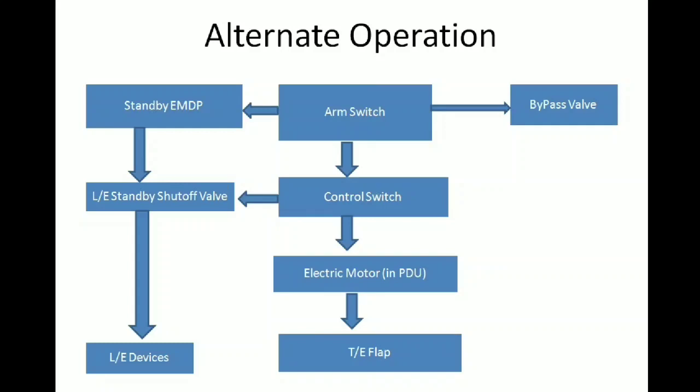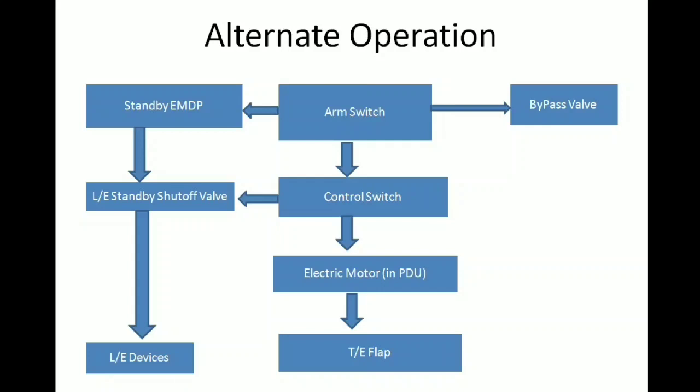We saw that for normal operation of trailing edge flaps, we need system B hydraulic pressure. Now consider a condition in which the system B hydraulic power is not available or flap lever is not operating. In these conditions and few other such conditions or for maintenance purposes, alternate operation of trailing edge flaps is carried out.